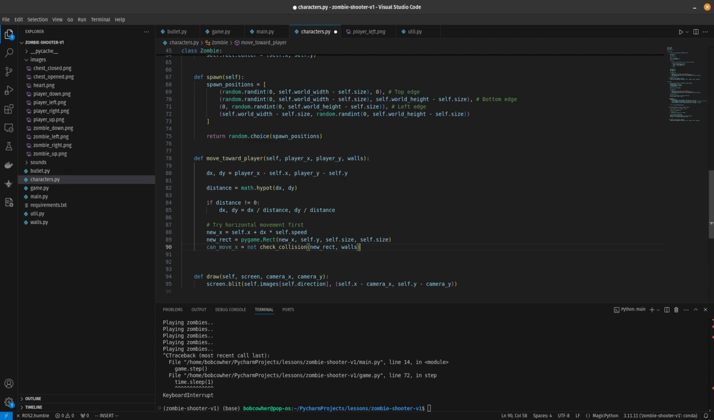So we've kind of created a temporary, and you'll see this used in other places in this code. We're creating a temporary new rectangle for the new position. We're moving it towards the player, or towards whatever the objective is. And then we're going to see if that was valid, and if so, then we set it to the new position. So we're going to go ahead and say